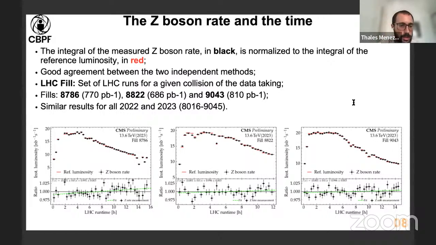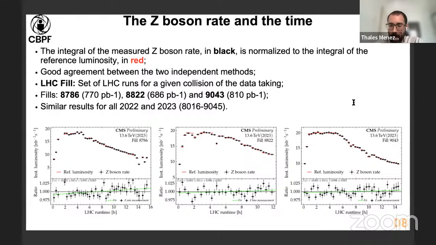Since both years of data taking are composed of a different number of fields, we have similar results for 2022 and 2023, and the numbers start at 016 all the way to 9045. So it's a quite large number of fields. And since looking just field by field is quite exhaustive, you have to combine these fields